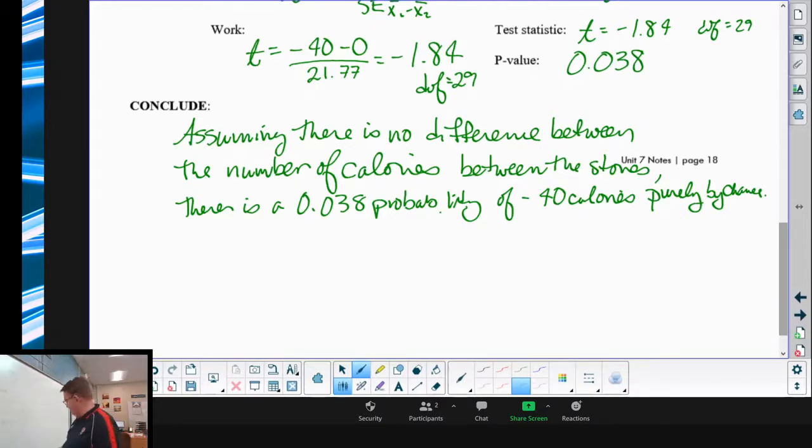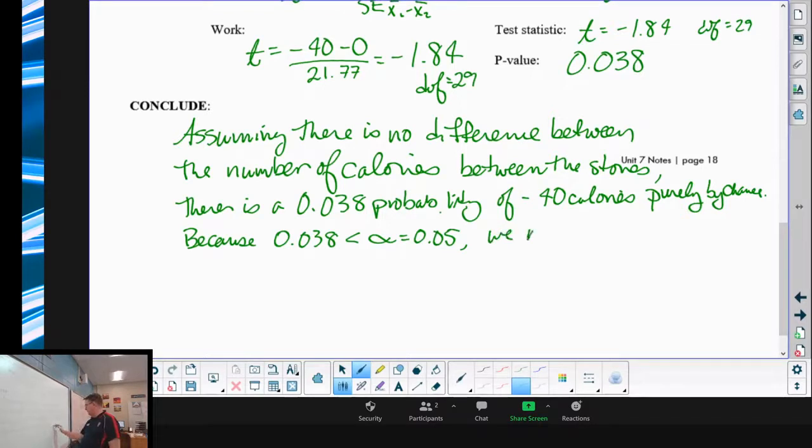And so then from there, because that number is less than alpha, which is 5%, sorry, I like putting that there, then we end up doing here, we reject the null hypothesis and conclude, and have convincing evidence